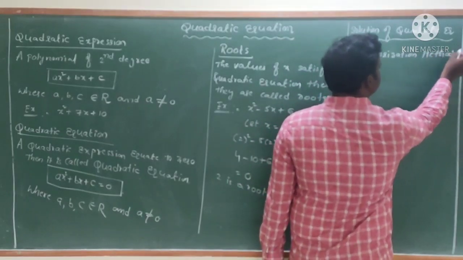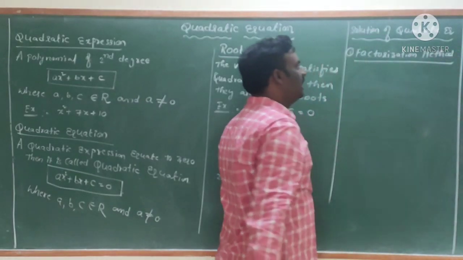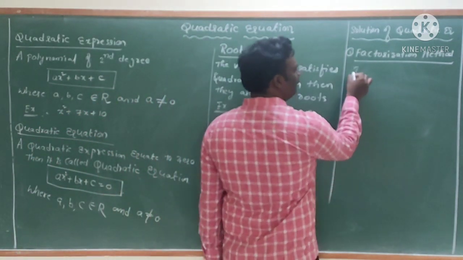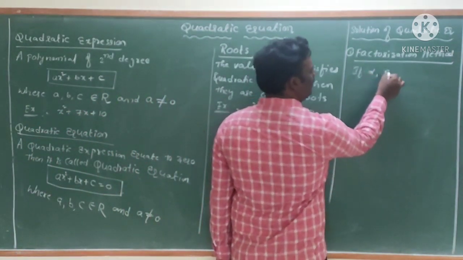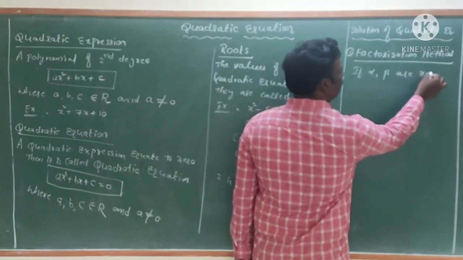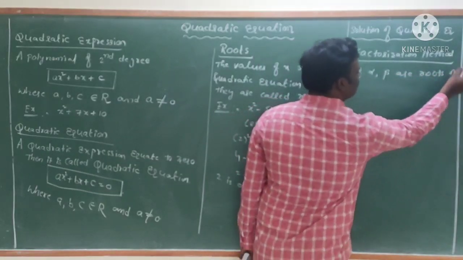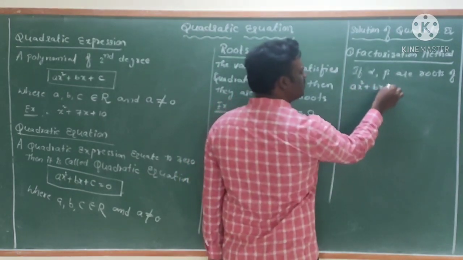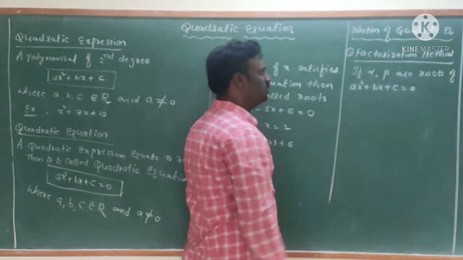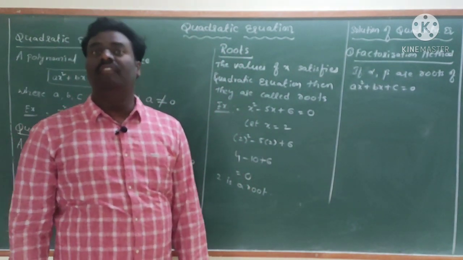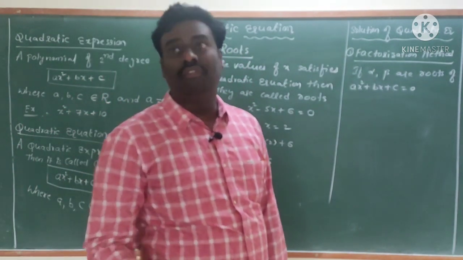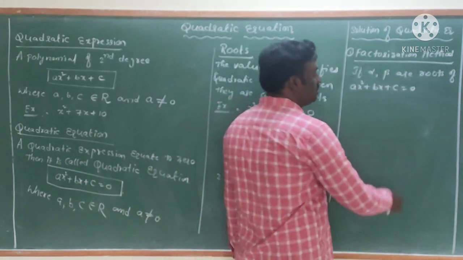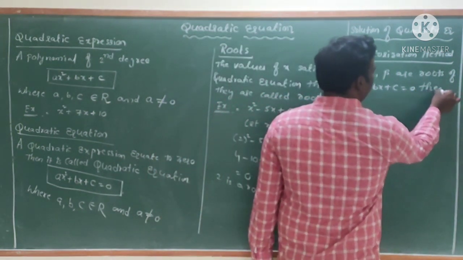For example, if alpha, beta are roots of the quadratic equation ax square plus bx plus c equals 0,